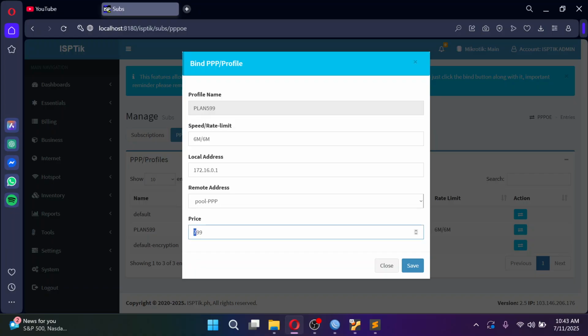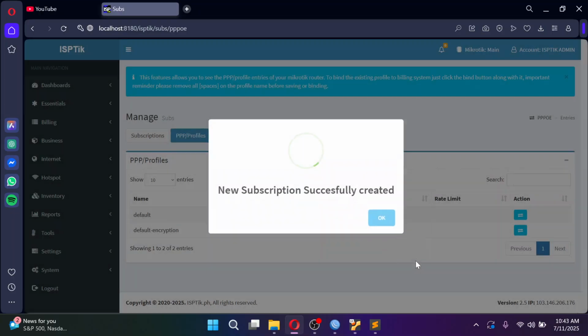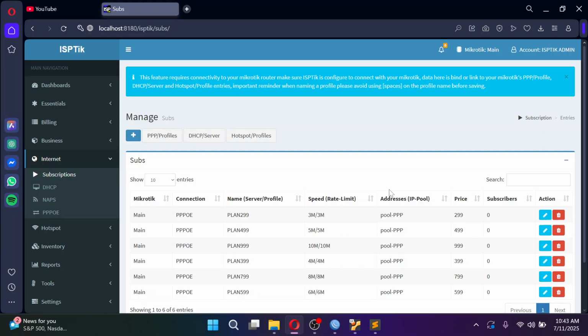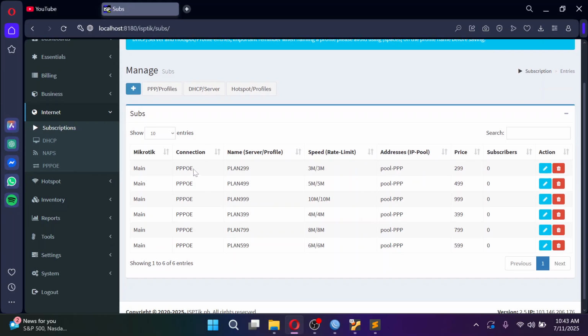Okay, so plan 599. Okay, so there you go. So as easy as that. So never mind these two, this default and default encryption. So once you click your subscription, okay, so you have now your subscription.